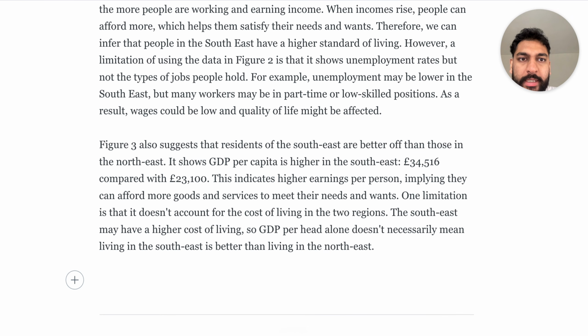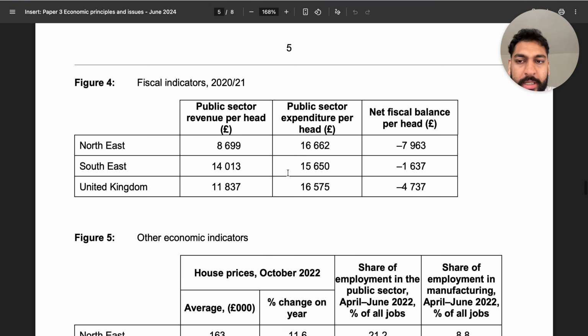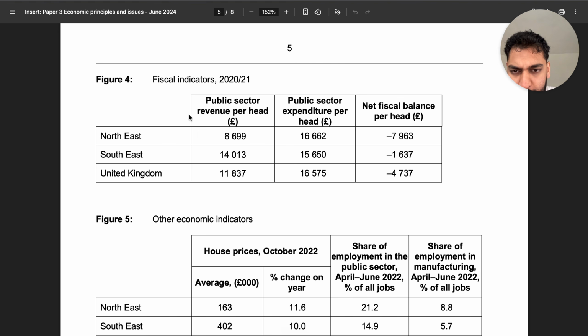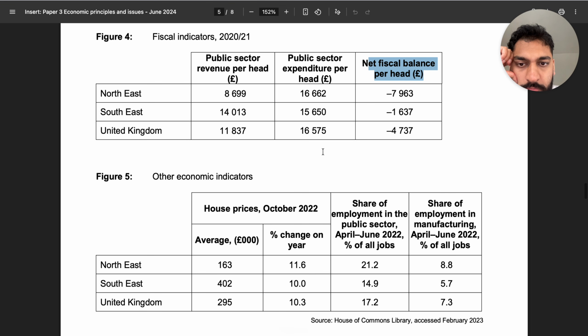Right, and then finally, looking at figure 4, we've got public sector revenue per head, so how much tax people are paying, public sector spending per head, and the net fiscal balance per head. Remember, we've formed this thing that people in the southeast are better off, so we have to stick with that now for our third paragraph. So the easiest way to do it is that,